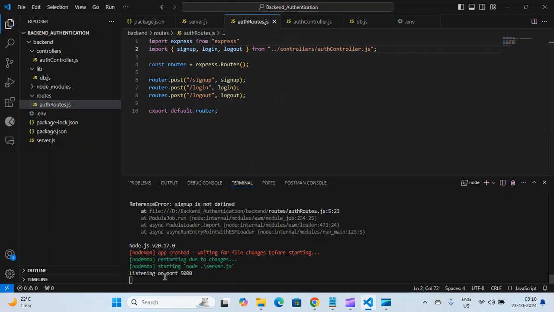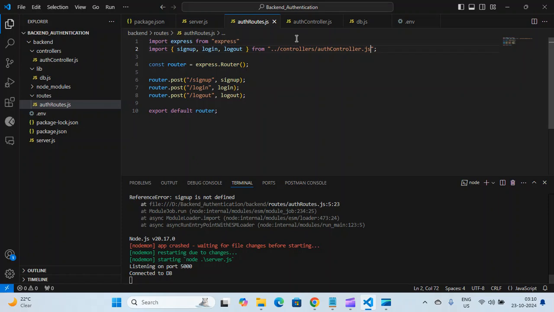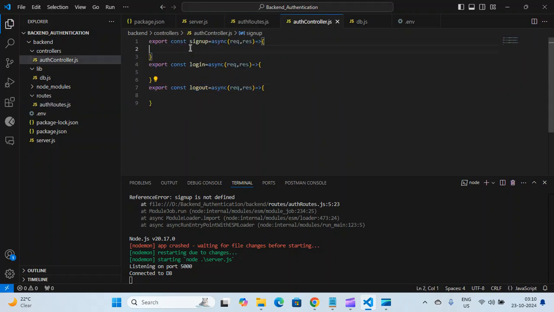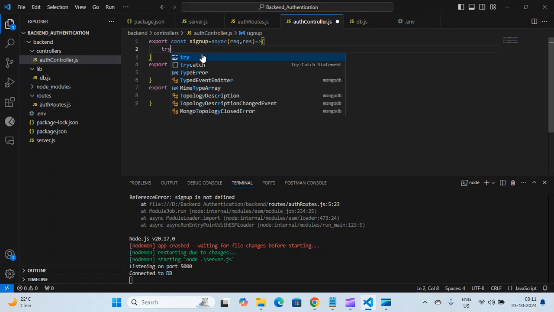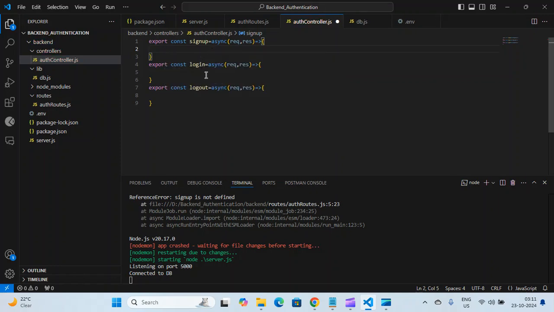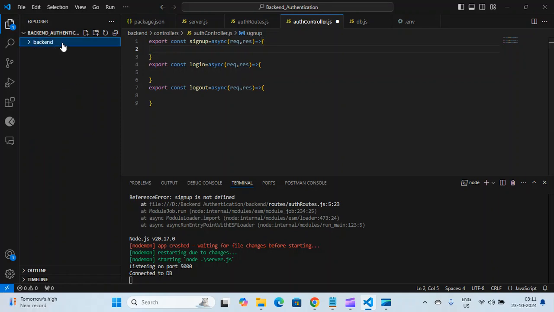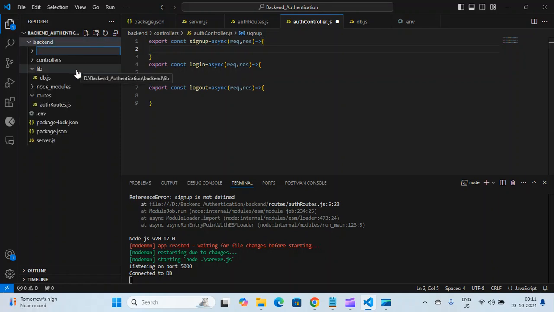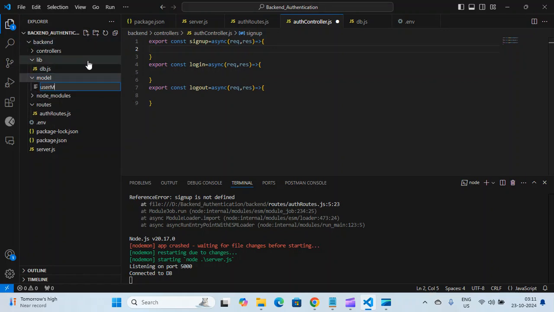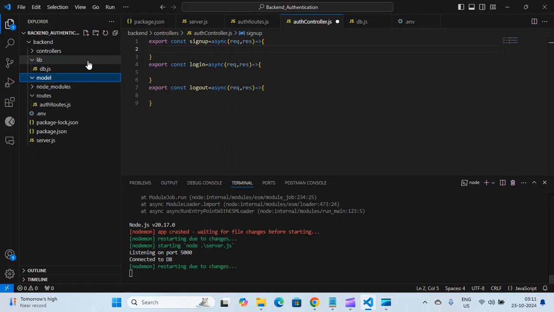Okay, now right now everything is running fine. See here. So let me create first this sign up controller function. Before creating these functions, we have to create a user model. So to create a model, I will just create a folder model, and under this user model.js file,